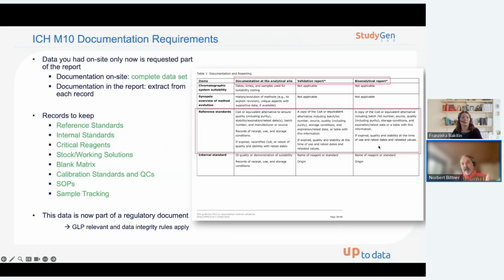For every reference done, there needs to be a copy of the COA, or something equivalent, as part of that report, if it's a bioanalytical study, a bioanalytical report. And for all of these topics that you see on the left-hand side, all of these records that you have to keep, these records are now referenced, and of course now they are explicitly part of a regulatory document